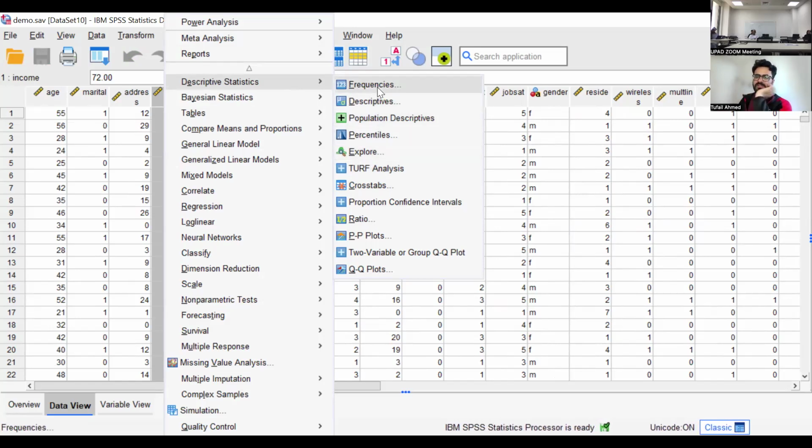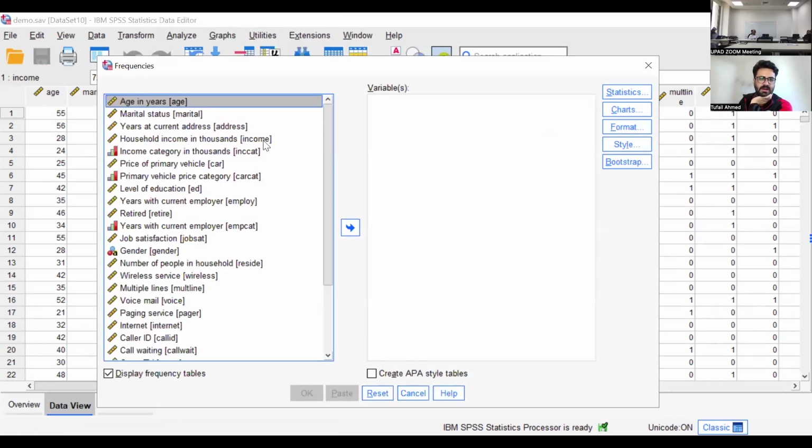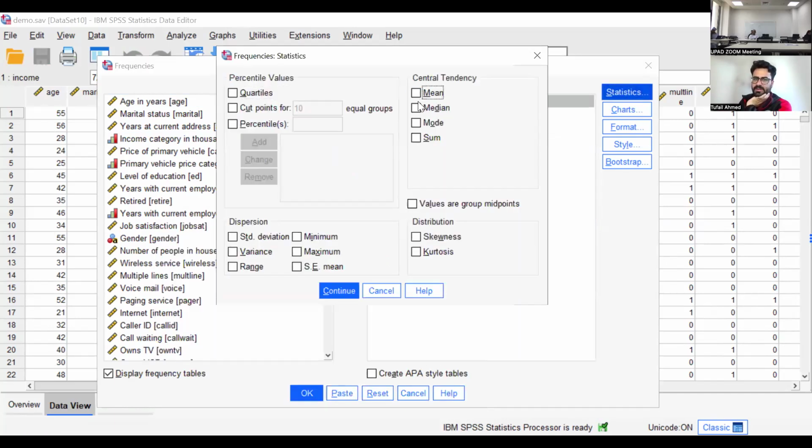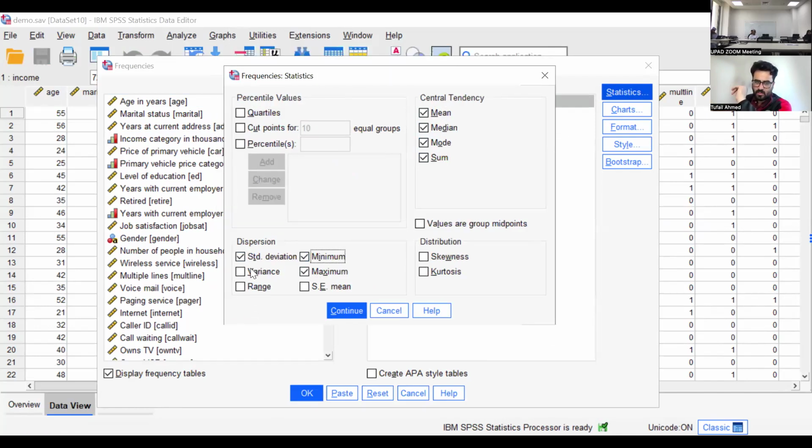Let's say we start with Frequencies. I want to know the household income in my variable. What kind of statistics do I want? I want median, mode, and sum, let's say these. I can have standard deviation, minimum values, maximum values, all these statistical summaries if I want.